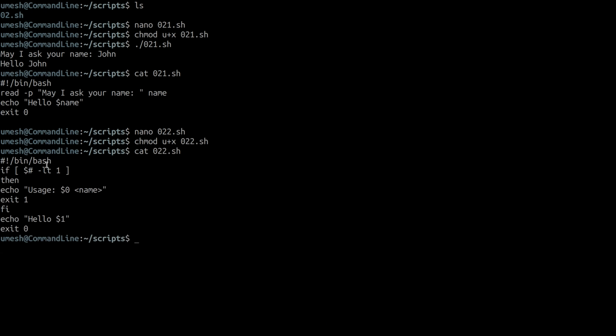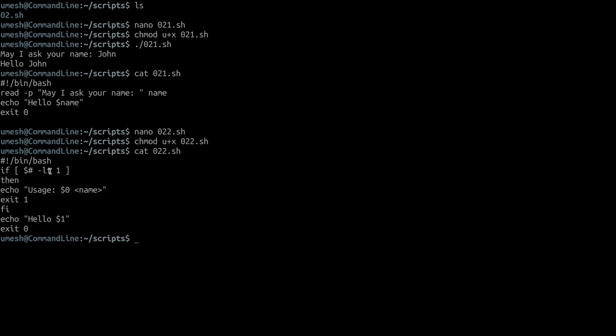So in this case, what we did is $# prints the number of arguments that we supply in a shell as argument. -lt is less than. If the number of arguments is less than 1, you just print this message. This simply means, $0 is the name of the script itself, and $1 is the first argument, $2 is the second argument, like we saw in the first chapter of the shell scripting.